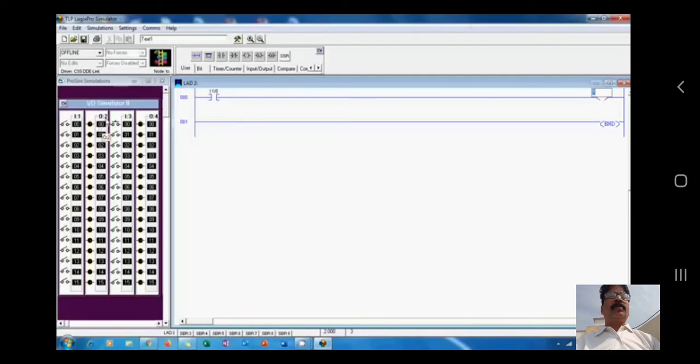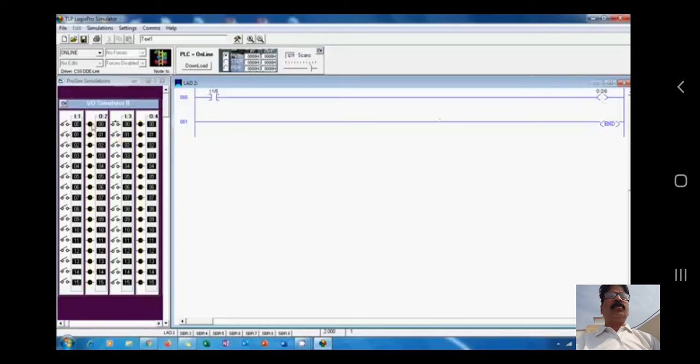I will take the address of that as O:2/00. O stands for the output, 2 stands for the second row, and 00 is the position of that. Go to the online, download this to the PLC, go to the run mode, and you can actually simulate the switches.